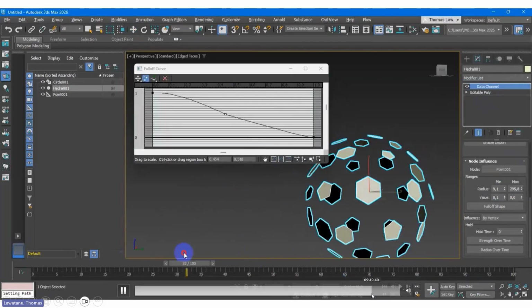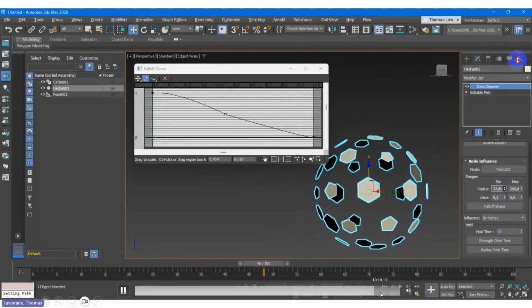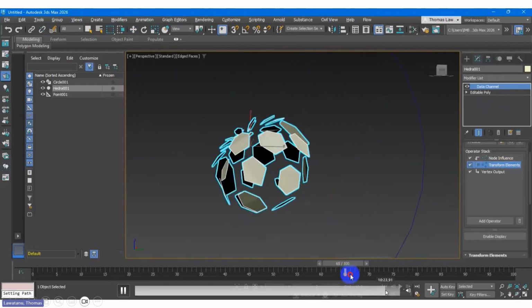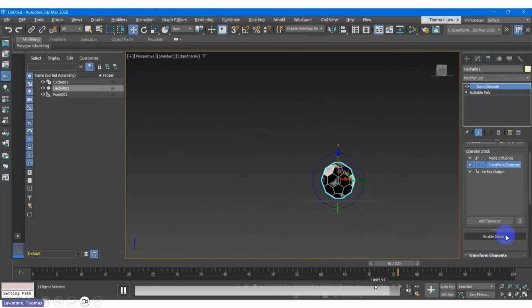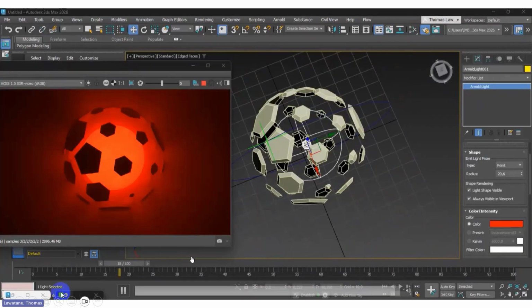Okay, let's say maybe this one. Again, this depends on your goal and your object, which one you want to animate. Let's say my goal is I want to do some random for my project. That's why I put some Arnold lighting, because this is default.